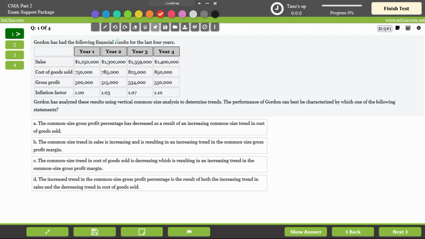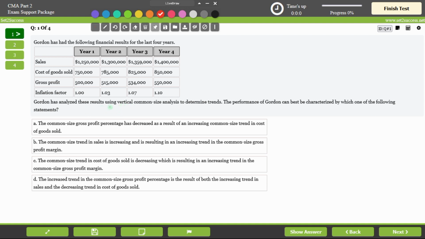Gordon has had the following financial results for the last 4 years. So we have sales, we have cost of goods sold, we have gross profit, and we have inflation factor for year 1, for year 2, year 3, and year 4. Gordon has analyzed these results using vertical